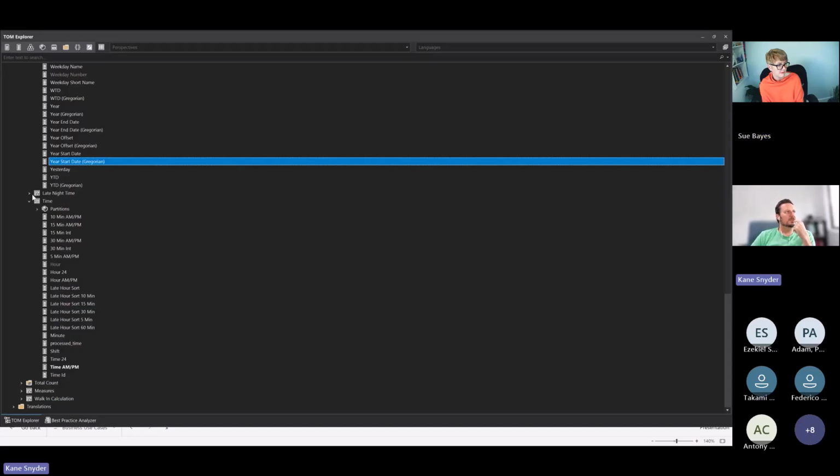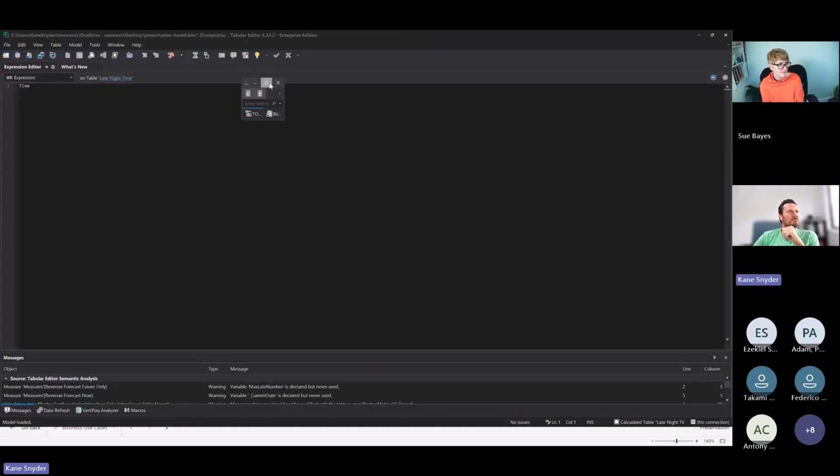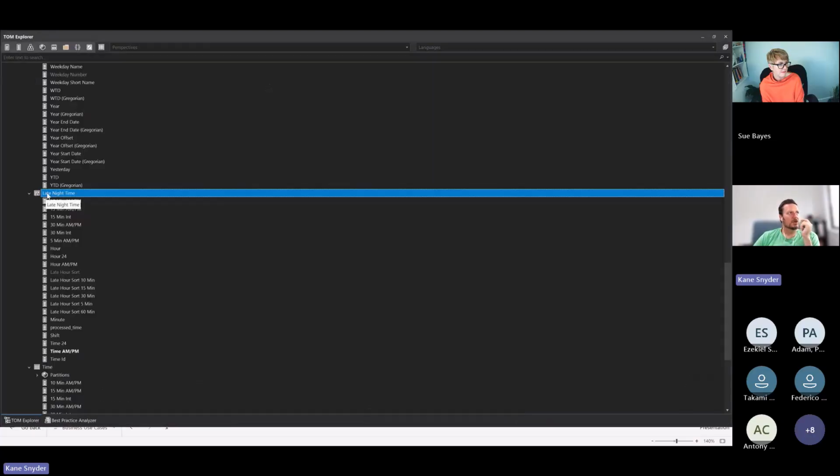With this one, there's a calculated table in there for late night time. And I use a calculated table because it's always a point that I think is interesting: if you directly reference another table, I can't bring it back up now, but the code for this calculated table is just late night time equals time, basically. And if you do that, Power BI is smart enough not to create another table, essentially. It just acts as like a reference layer.